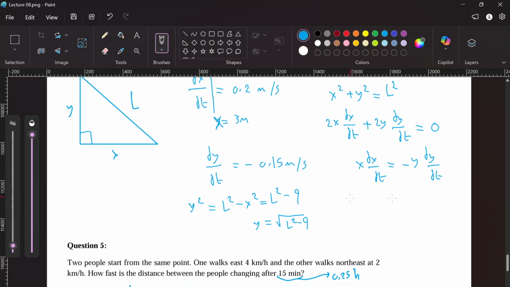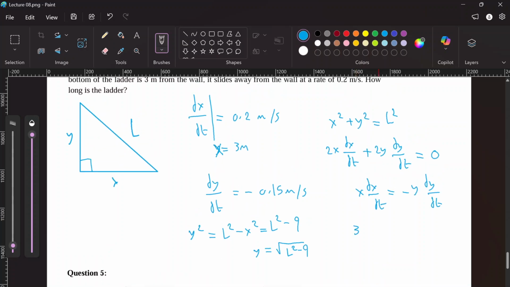So we have x equals 3, and dx/dt is 0.2. So 3 times 0.2 equals minus y, which is minus the square root of L squared minus 9, times dy over dt is